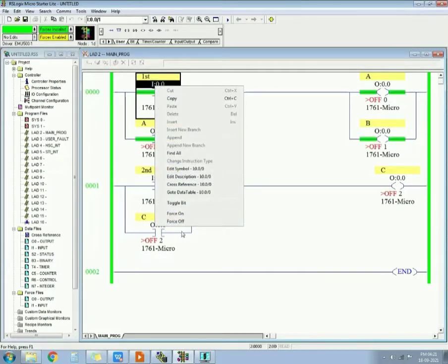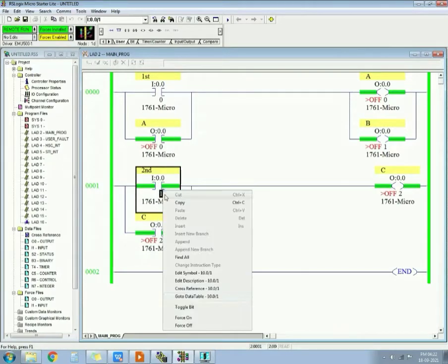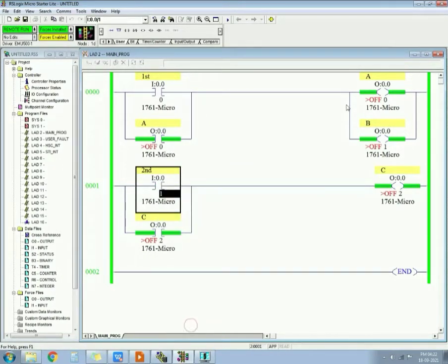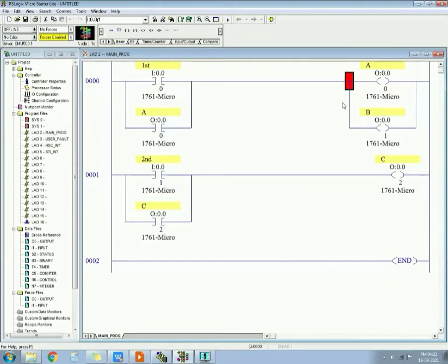See, when the first push button is pressed, output A and B get on. When the second push button is pressed, output C gets on, but output A is not getting off because I haven't put any NC or stop button for output A. So let's go offline and create that. I have to take an NC. If I take the NC over here, of the second push button like C, what will happen?